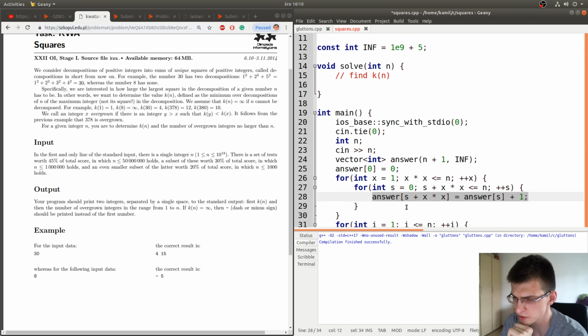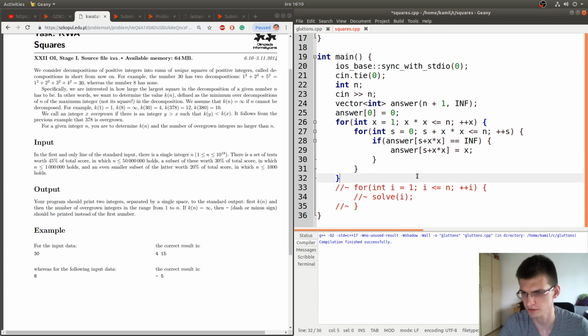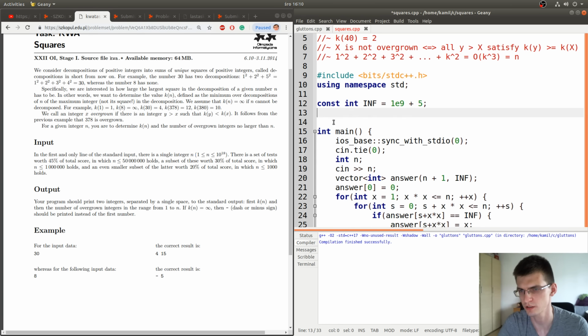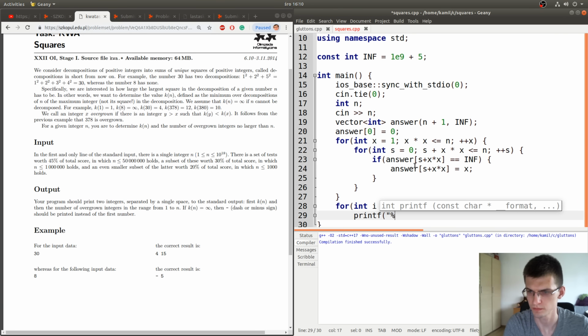Here what I wanted to write is that if answer of s plus x times x is infinity still, then answer of that is x. And here we don't need that function, instead we just print all the things we found.